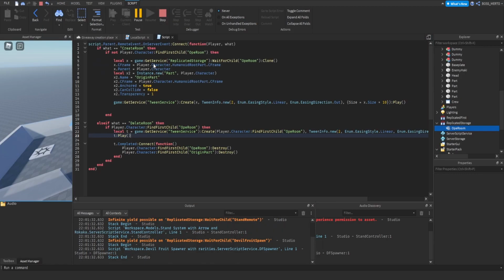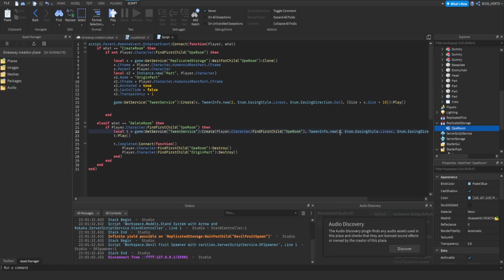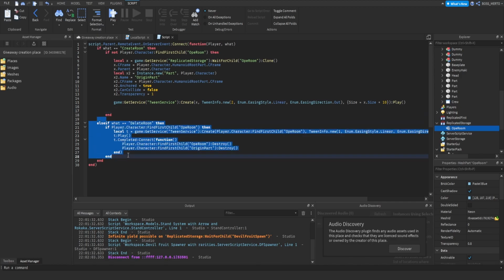Interesting thing. So I would like to decrease this time to 1 second. So within 1 second, everything right here dissolves. And that's it for this case. We still have to script the case when our player walks out of the room. So,